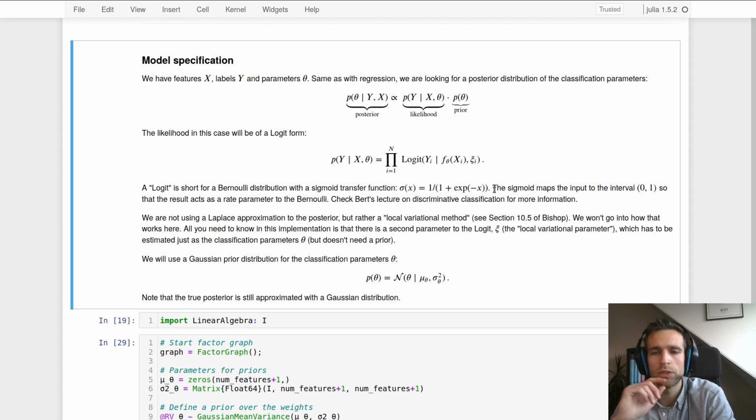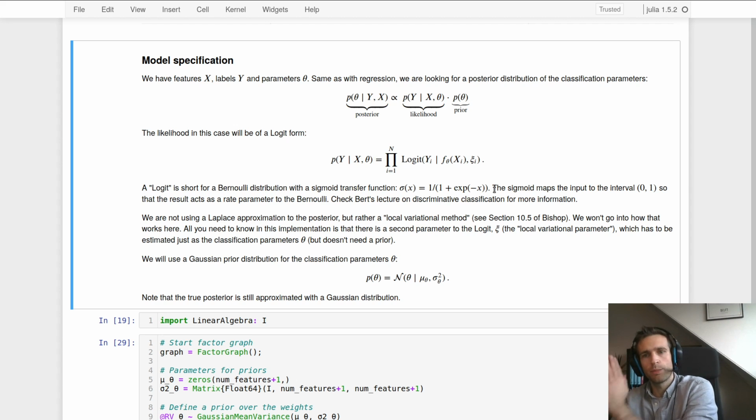All you need to know is that aside from the classification parameter theta, there is also a local variational parameter which we call chi here. There is one chi for each likelihood function. So if we have a data set of n samples, then we have n local variational parameters. So all you need to know for now is that in this description of Bayesian logistic regression, mathematically we're still